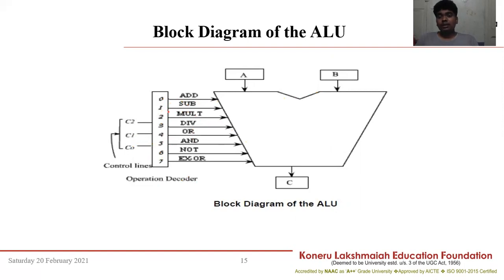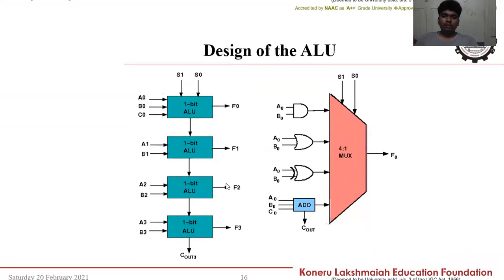The whole process in an ALU is done with the help of machine language, so the input, output, and all the data which we send through these will not appear to us. If we need to perform addition, then the control line gives the signal 0, and if we need to perform subtraction, the control line gives the signal 1, and for multiplication it will give 2, and for the remaining it is similar. A and B are the inputs and C will be the output. So this is the basic block diagram of an ALU.